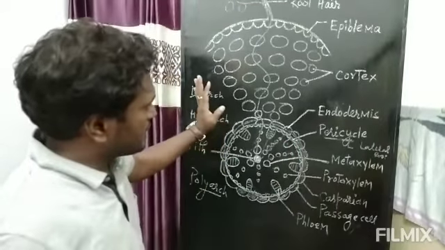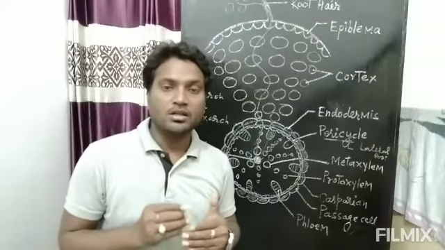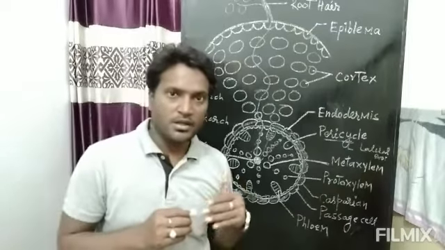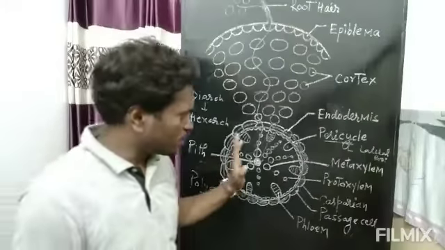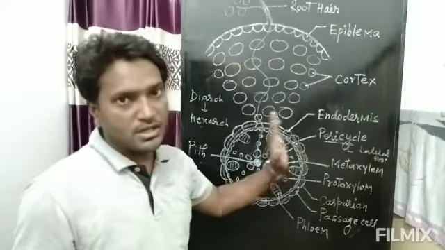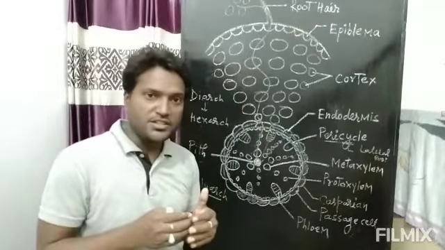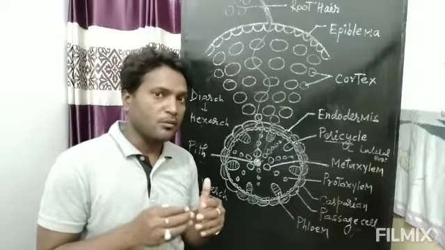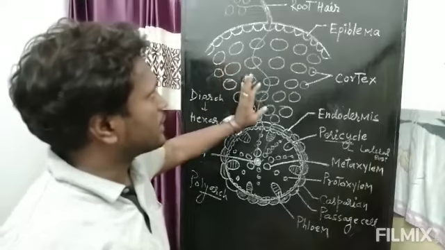In dicot root, we have not studied about the cambium, but when secondary growth happens, cambium develops at the later stages and secondary growth occurs in dicot root. But in monocot, cambium never develops, hence secondary growth does not occur. This is the reason monocot roots are thinner in size and less developed, while dicot roots are generally wider and more developed. This is the main difference between monocot root and dicot root.